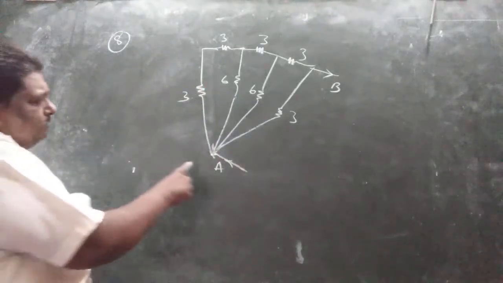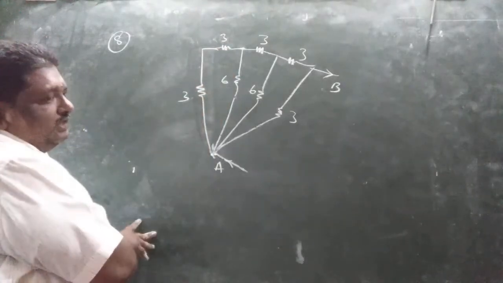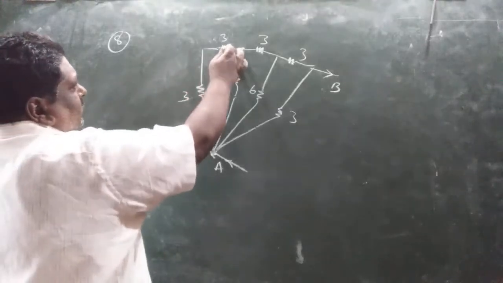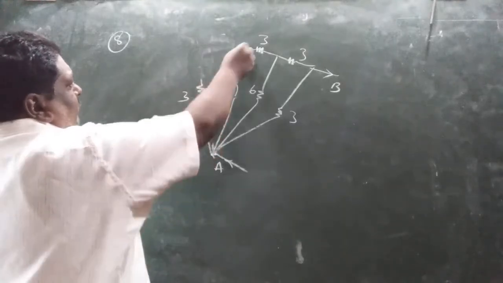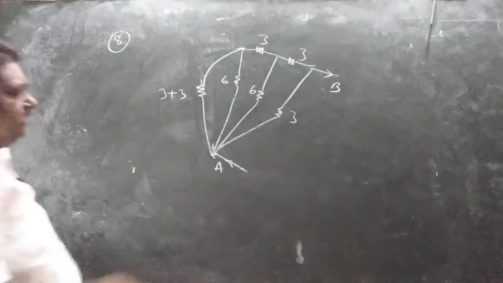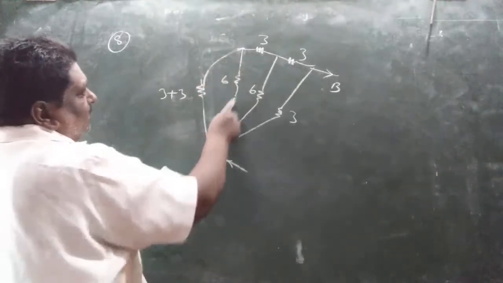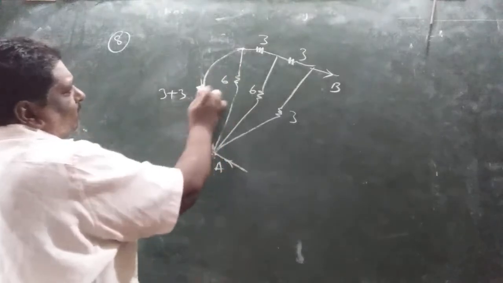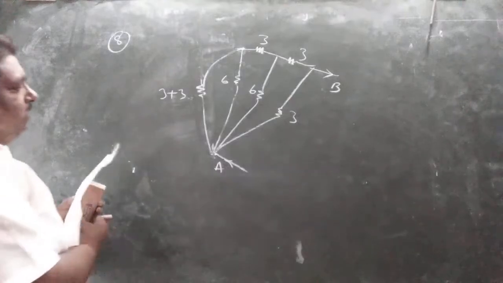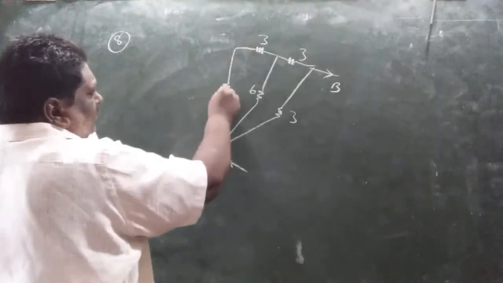Again you see 3 ohms here, again 3 ohms. 3 and 3 are in series, so the same current passes through them, and these two are replaced as 3 plus 3. Now in this parallel branch, 3 plus 3 is 6, and here 3 plus 3 is 6, joined here. That means these two are parallel. 6 and 6 in parallel, like before, gives half of the value, so I replace these two with one single resistor 3.